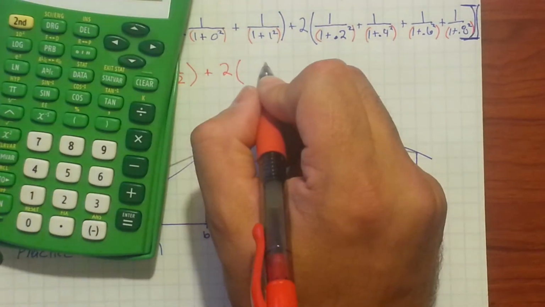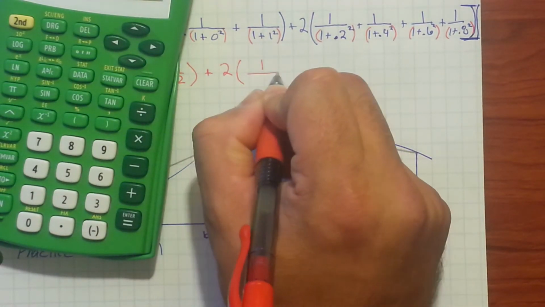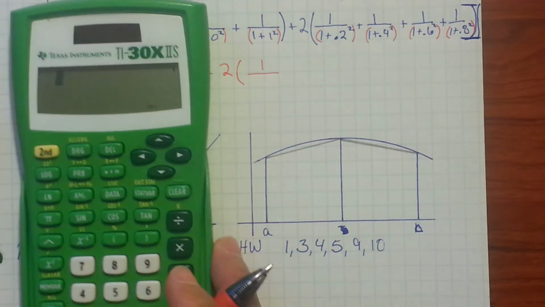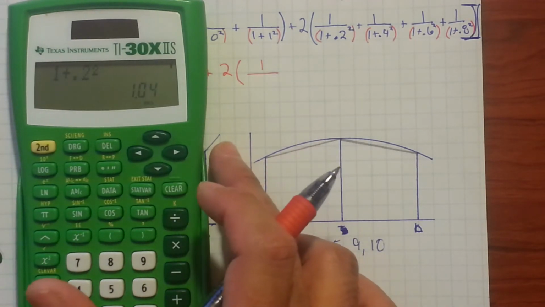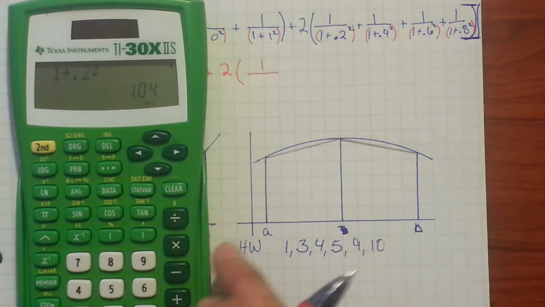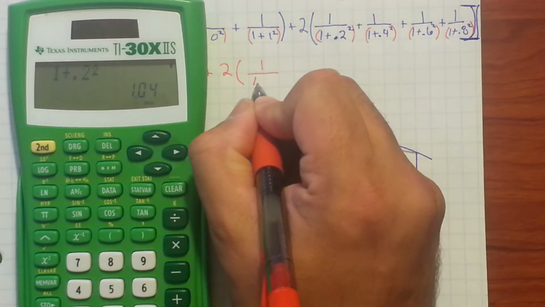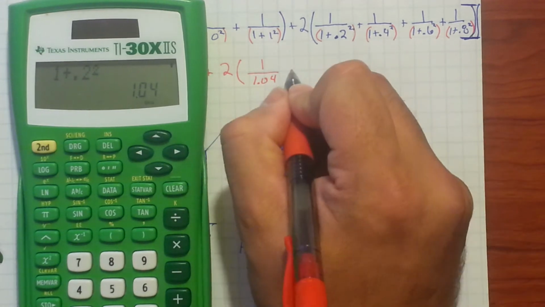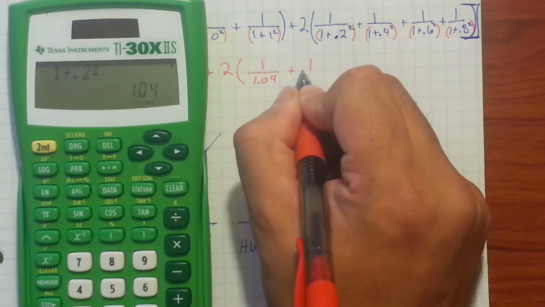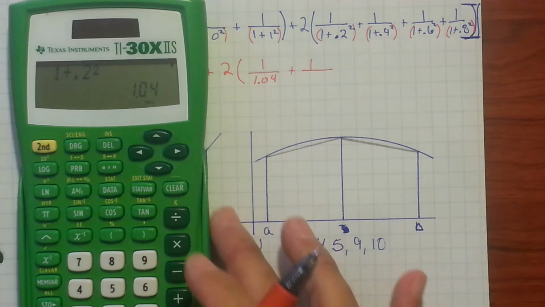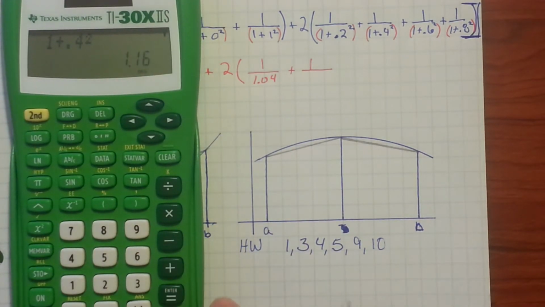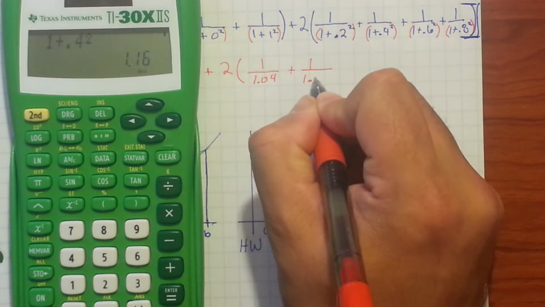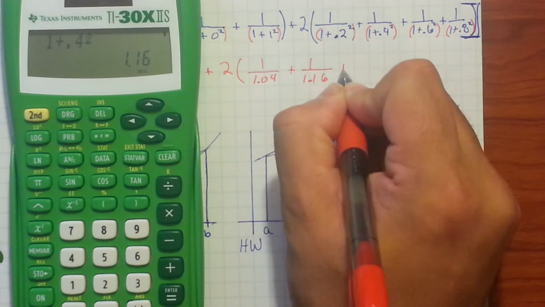Now, to do this one right here, that's going to be 1 over, clear, 1 plus 0.2 squared, and that's going to be 1.04 plus 1 over, the next one's going to be 1 plus 0.4 squared, 1.16 plus